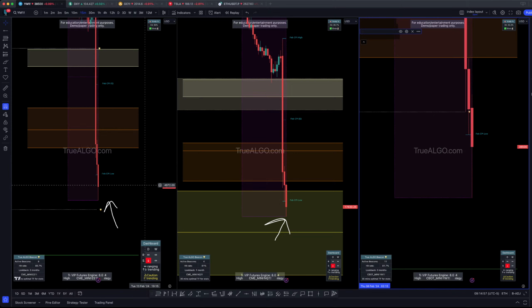This is why we were saying on DXY, before I flip over, you'll see that DXY is bullish right now. That's another edge that you have at True Algo. We know with this move pushed down that our boxes are holding here on the downside, that DXY is going to be very bullish. And there's DXY. And then, by the way, Euro, unbelievable perfection with True Algo.